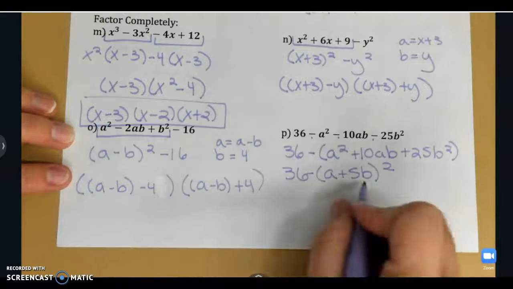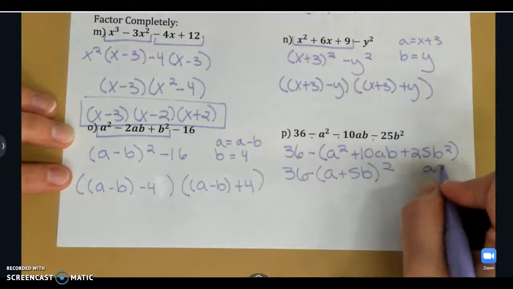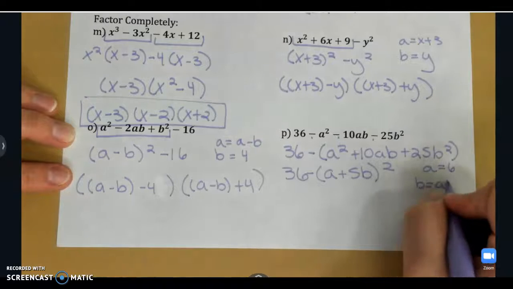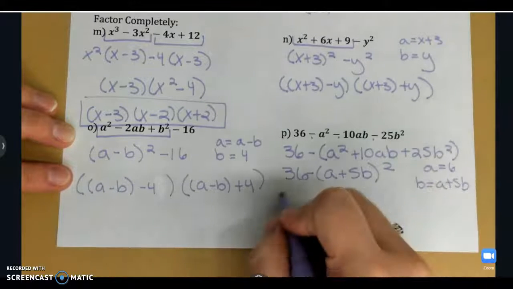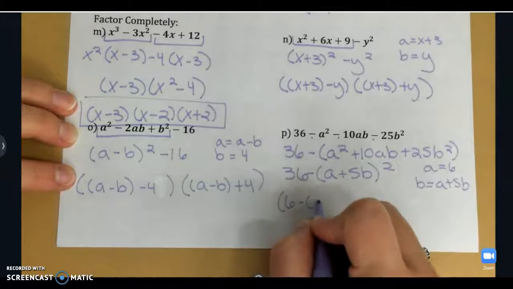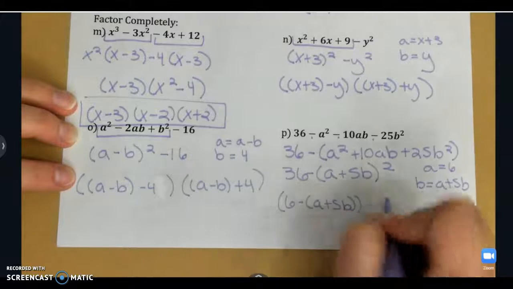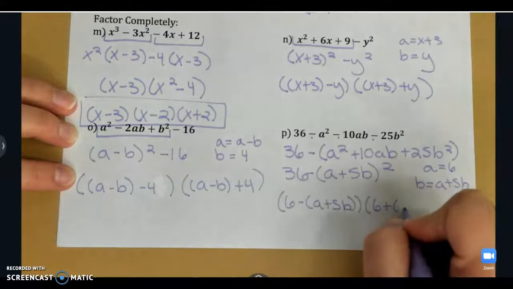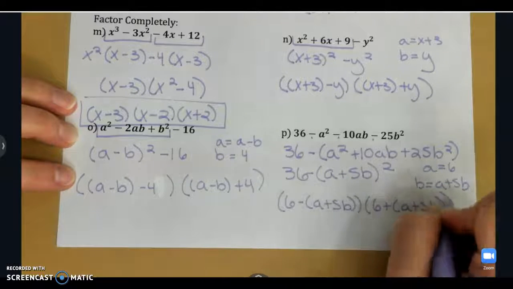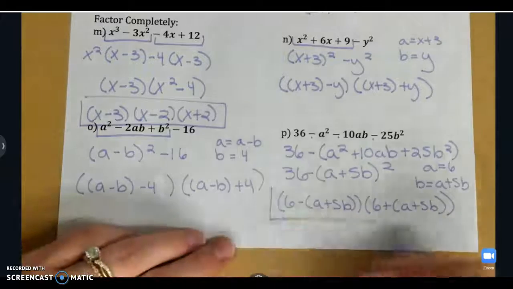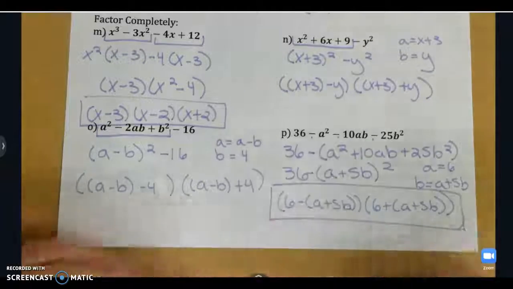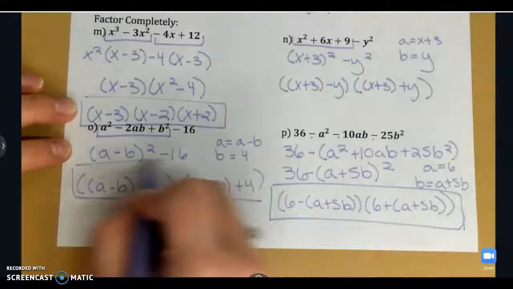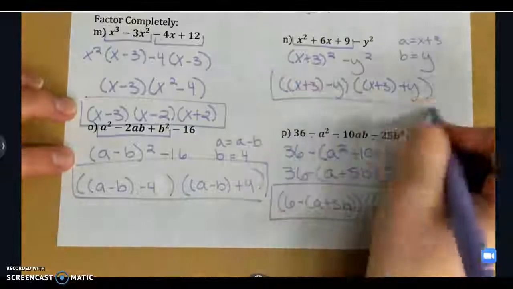So this is, again, a difference of squares, where now a is actually 6 and b is a plus 5b. So a minus b times a plus b. So there's the final answer on P, final on O, and that was our final answer on